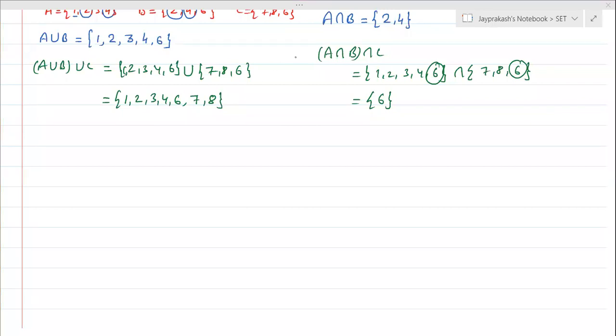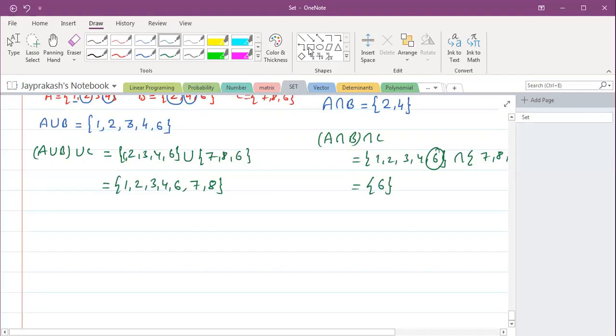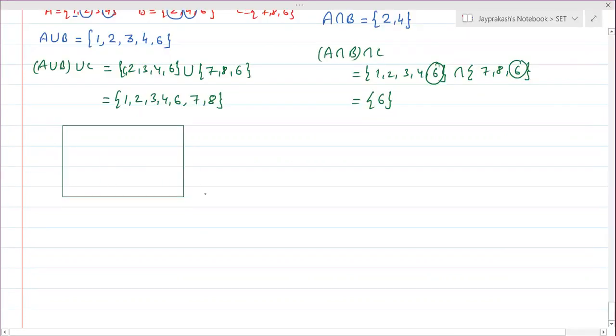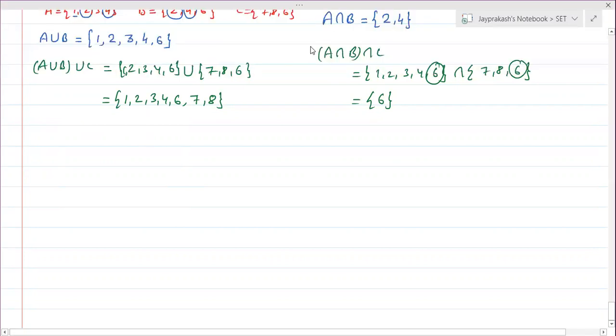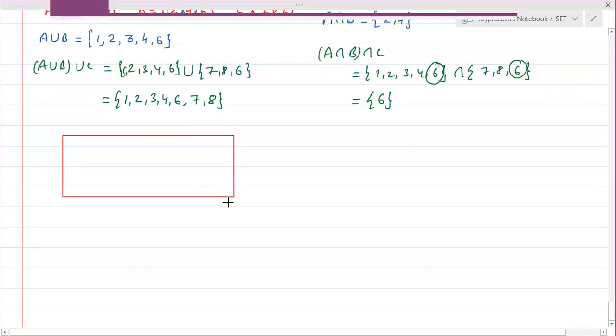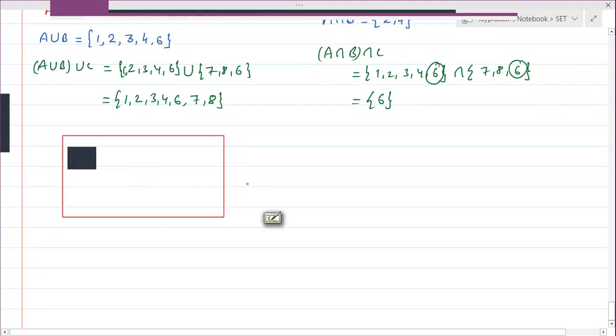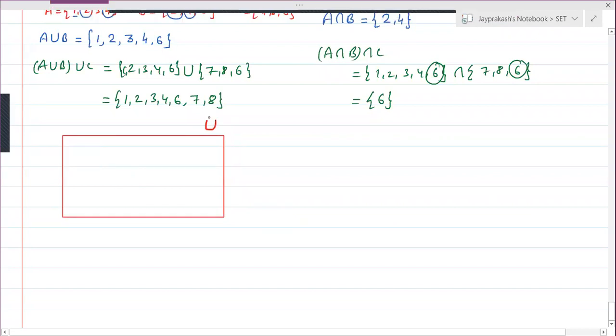You know that whenever we are taking sets, for each and every set there is a universal set. So when we are drawing the Venn diagram, you have to first consider the universal set. For the universal set, you have to use this one as a box. So this is our universal set. We will write here U. It is not a union, it is for the universal set.